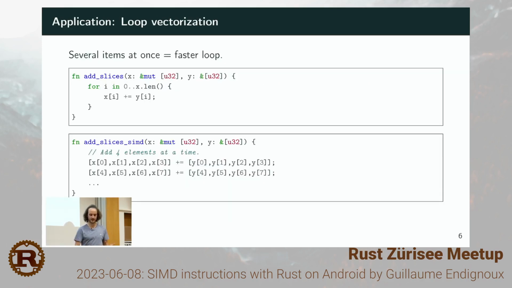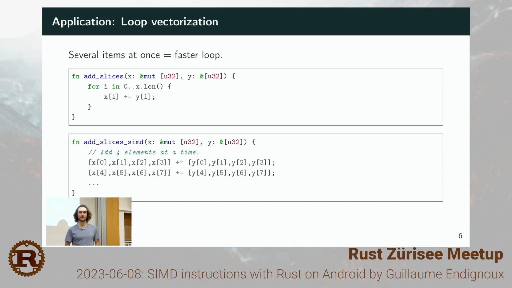So these are the building blocks that we got from SIMD, and then another question: what can we do with them in terms of algorithms? And why is it faster to use them? The primary example is a loop, and it's called loop vectorization. So you take 2 arrays or slices here in Rust, and you want to add elements of one into the other,